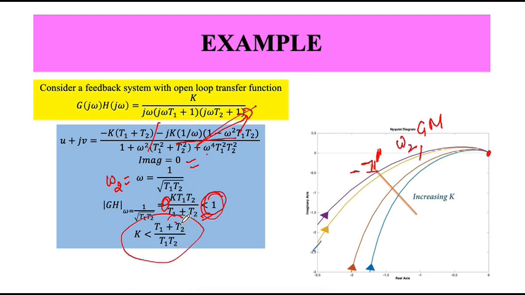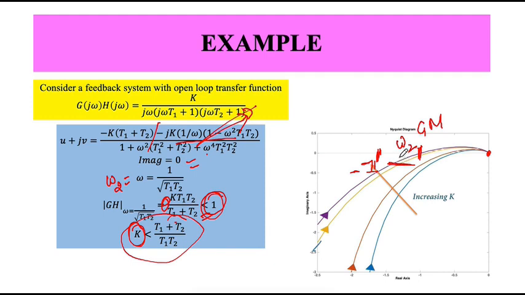So it's quite straightforward. So my thing is, I want to compute the value of gain in this closed loop so that it is stable. So I just use this criteria, right? And this is how far this point is from minus 1 plus j0. Okay, how far this is.